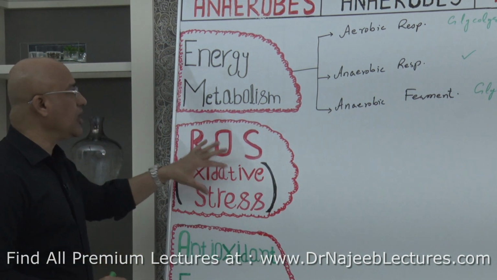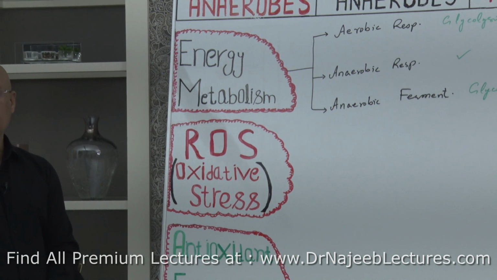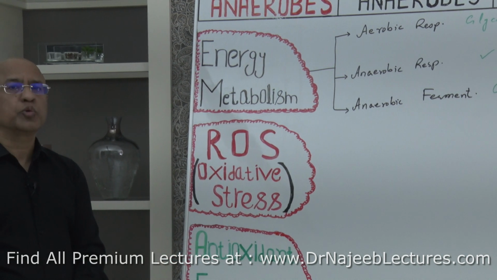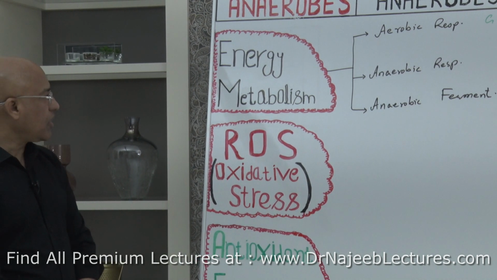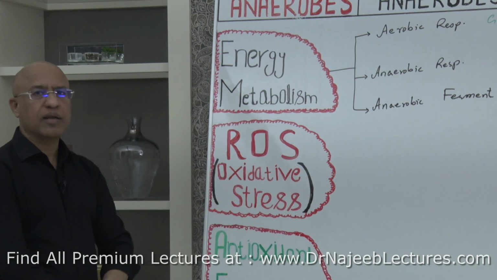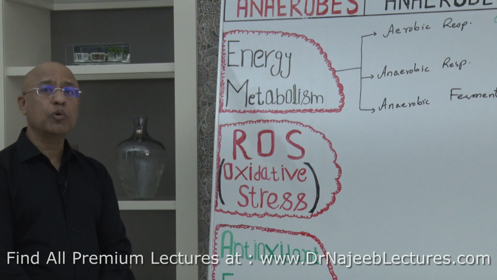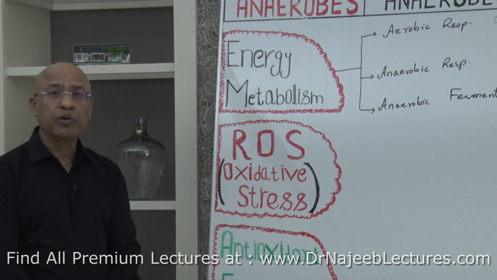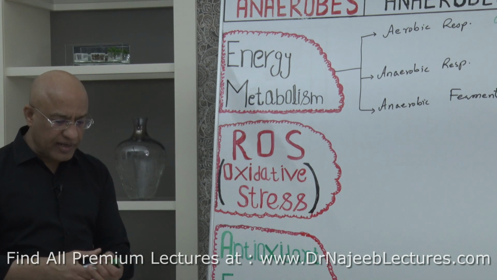Then the second relationship with oxygen. The first relationship was whether bacteria can utilize oxygen for energy production. Secondly, once oxygen is around biological systems, oxygen can undergo partial reduction and produce highly reactive, highly dangerous radicals or molecules,